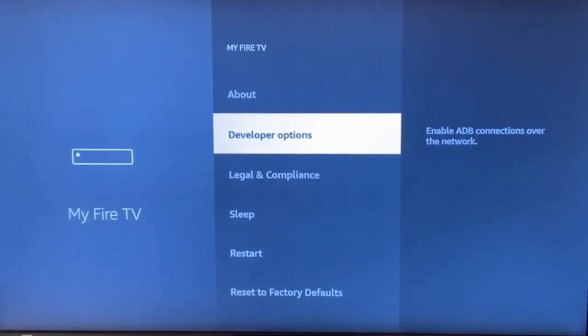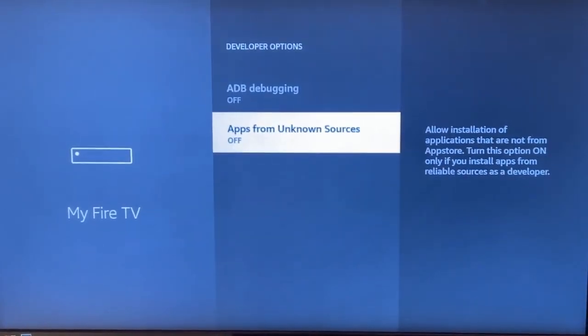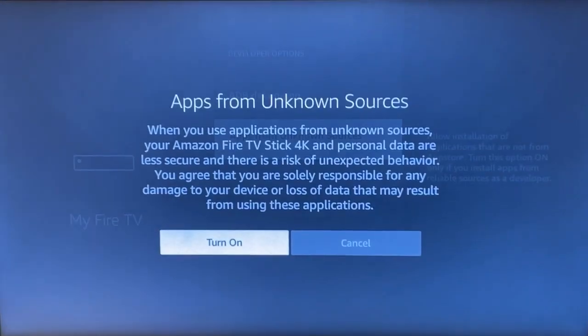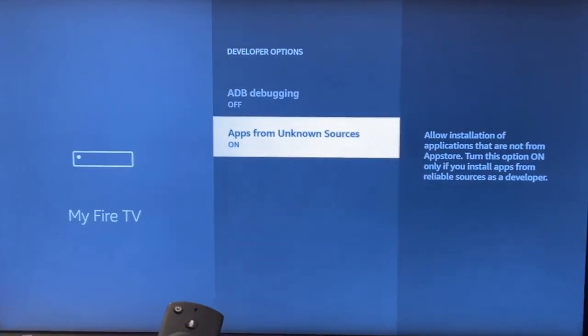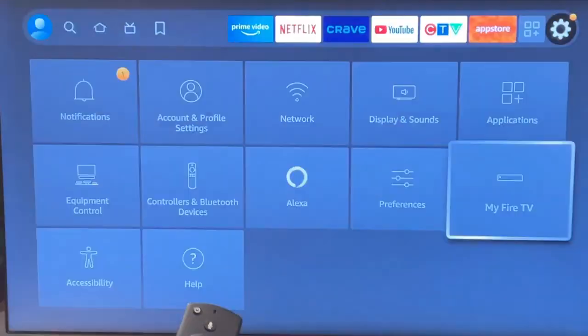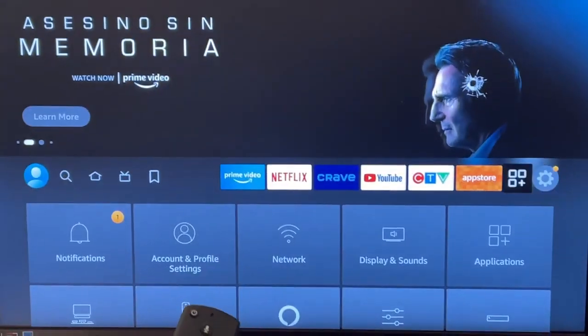That's the first step. Now we go into developer options and we are going to turn on apps from unknown sources. Okay, click on that. Yes, we want to turn it on. All right, that's the first step. We will click all the way back. We're going to go back to our home screen and now we are going to head over to the App